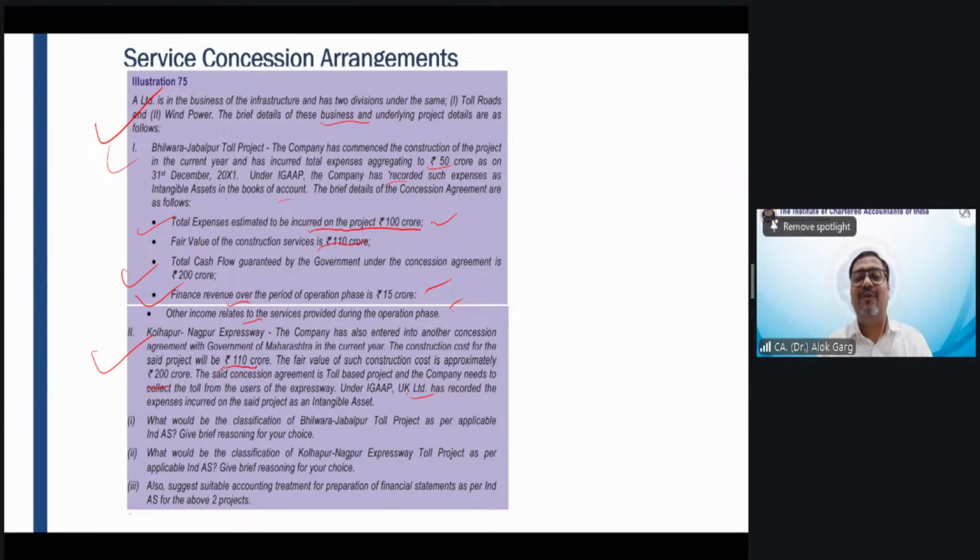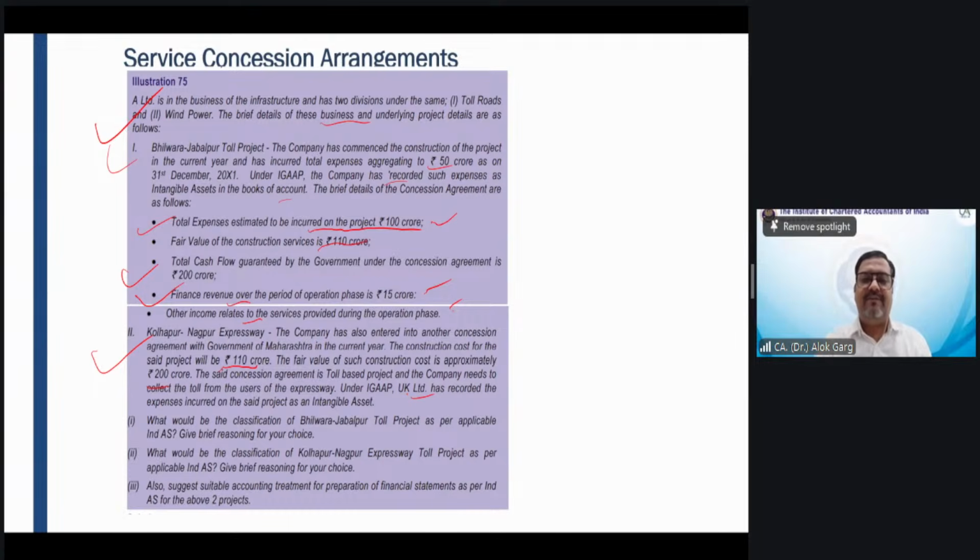You need to collect toll, right? And when you collect toll, you will do bank account debit to revenue. Then amortization expenses to intangible asset, over the period of 200 crores. And then operation and maintenance expenses to bank, right? This is the accounting. I hope with my example and with the ICAI study material example, you guys are absolutely clear on this. Right? Okay. So friends, this is what we have discussed.